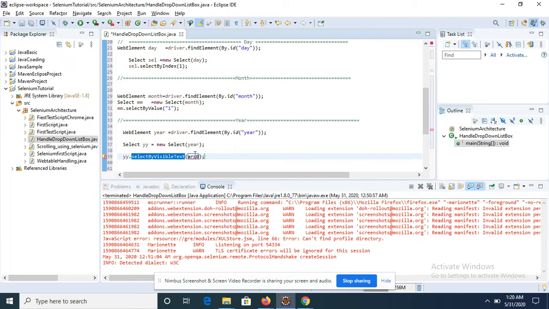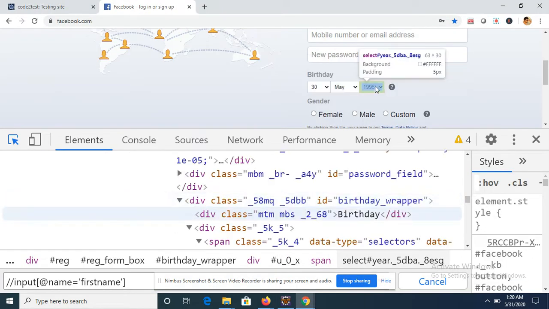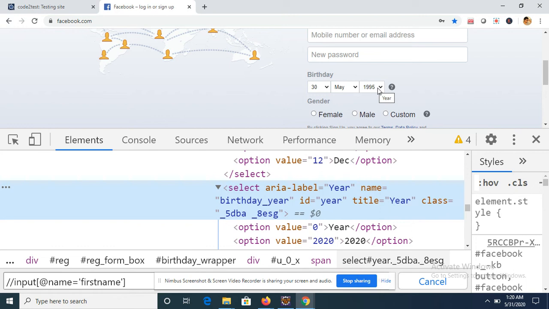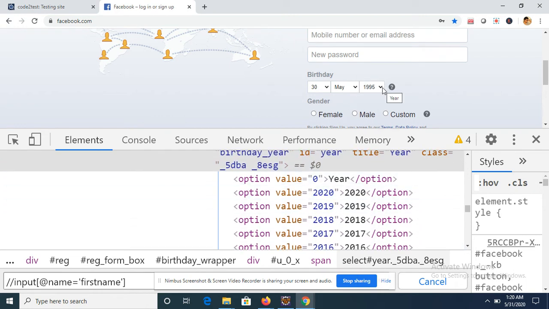Okay, so let's check what visible text is. Again, visible text takes a string. So what the visible text is, just see the elements inside this year list box. Visible text is something which is displayed inside the list box. So these are the visible text. You can directly paste the value, paste this element that is visible.